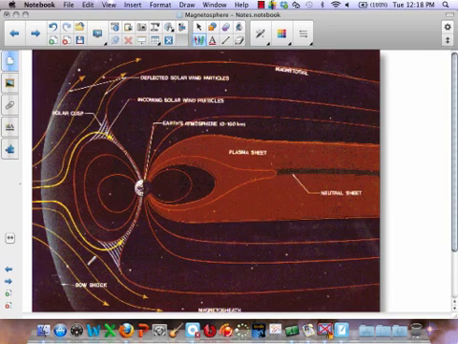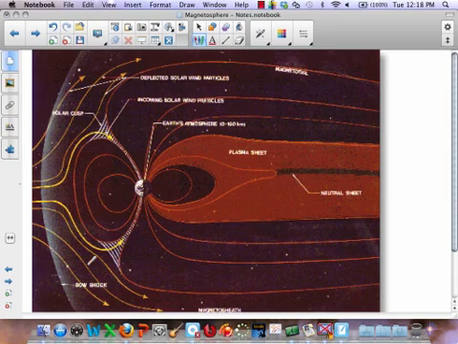So, Tanner, you played football, right? Offense? Yeah, okay. So, main goal of offense is to keep the defense from crossing the line, right? You guys do pretty much a good job of that, right? But you can't block them all, can you? All right? Same thing here with the magnetosphere. The magnetosphere is going to do a great job of blocking most of the things coming in, but it can't deflect them all. And so there's the small amount of particles that are able to get into Earth's atmosphere,